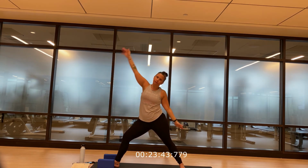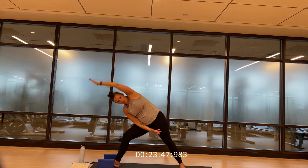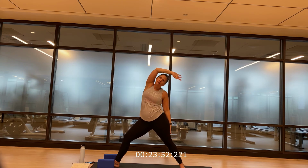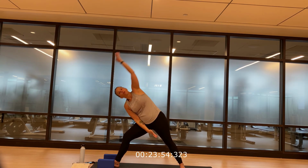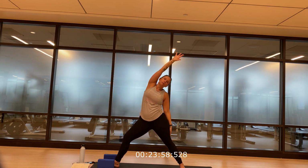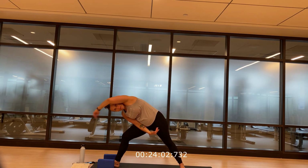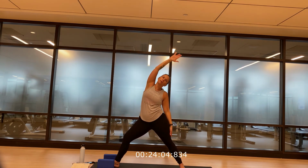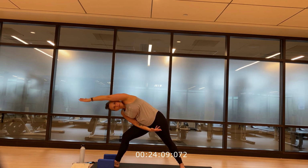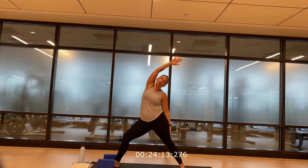Inhale, reach. Exhale, sweep. Couple more times like that. Inhale, reach it back. Exhale, sweep it forward. 2 more, inhale. Exhale, sweep. Last one, inhale, reach it back. Exhale, sweep it forward. This time we're gonna reach it and stay here in that reverse warrior, and then come